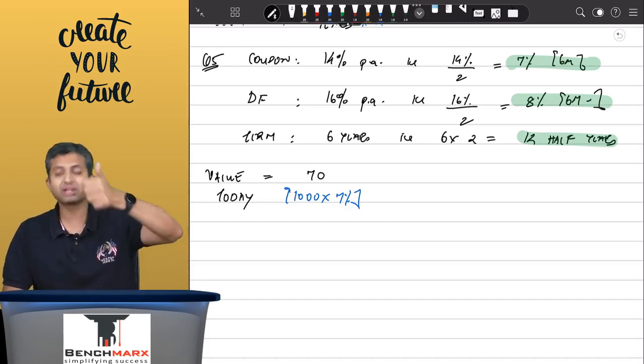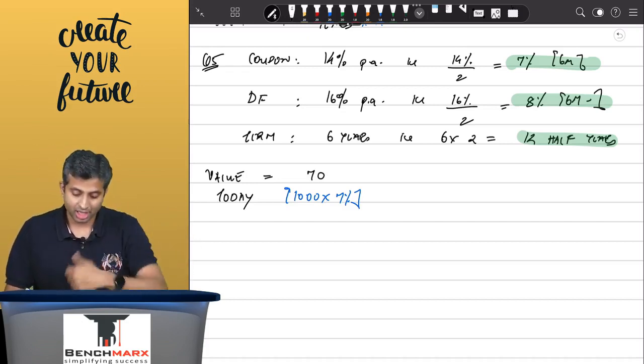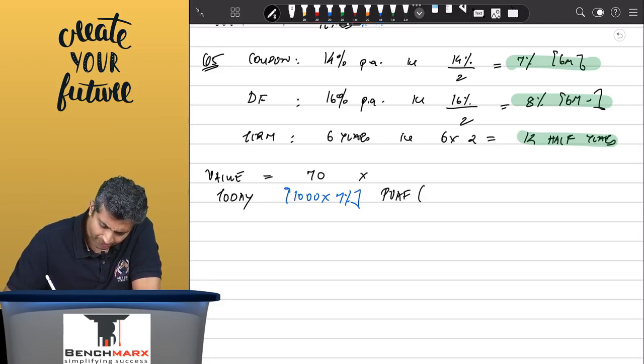Then I'm going to get another 70 rupees. When am I going to get another 70 rupees? After another half year, and so on. There are going to be 12 such half years. So into the present value annuity factor at the rate of, sir, what rate am I going to take? 8% for 12 time periods. Plus I'm going to get 1000 into the present value factor at the rate of 8%, this time for